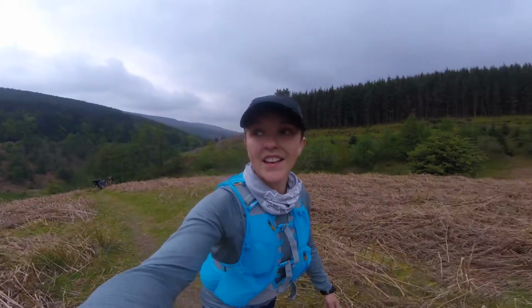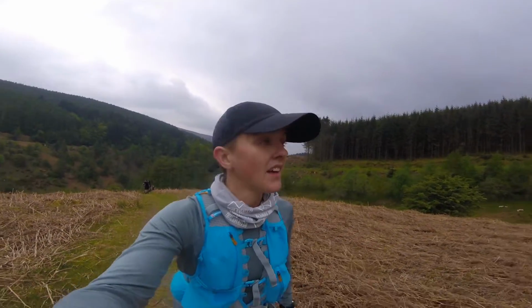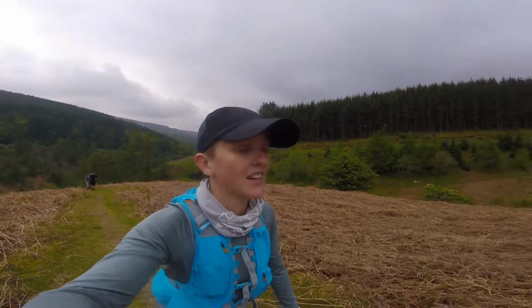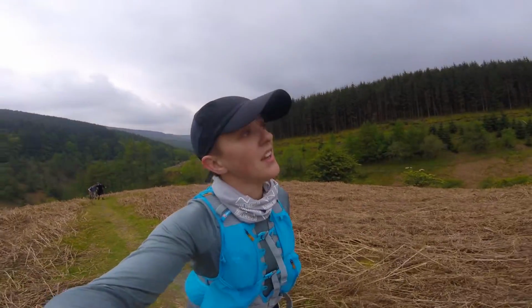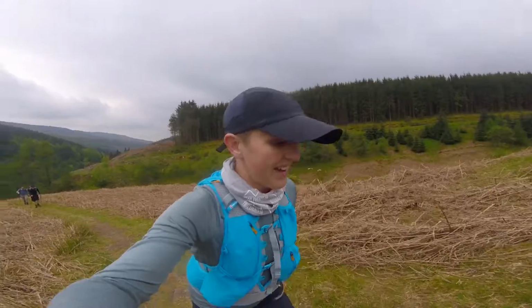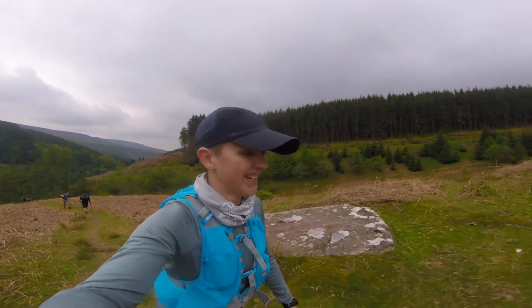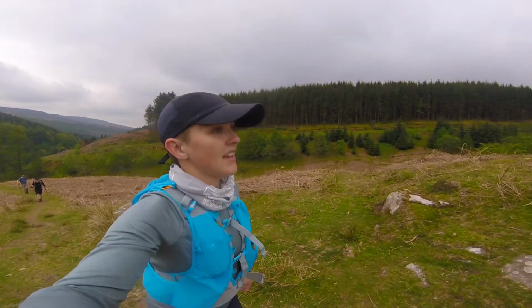Hey folks, so we are on Route A of the BVMC for 2019. Just coming through the first checkpoint. The weather is stunning, really beautiful day. Not too hot, a little bit overcast, a little bit cool, but dry. So we're currently about 9k in, better late than never, and heading up